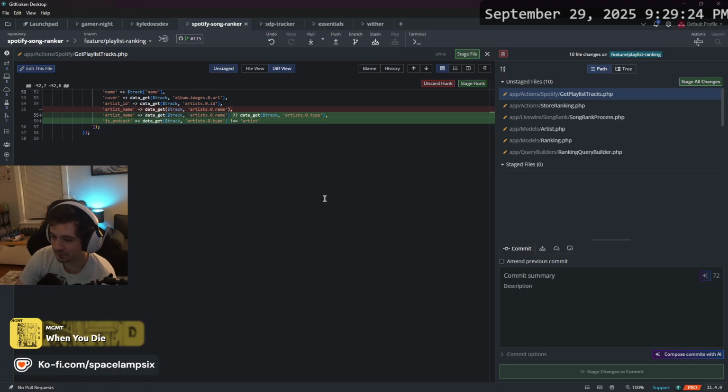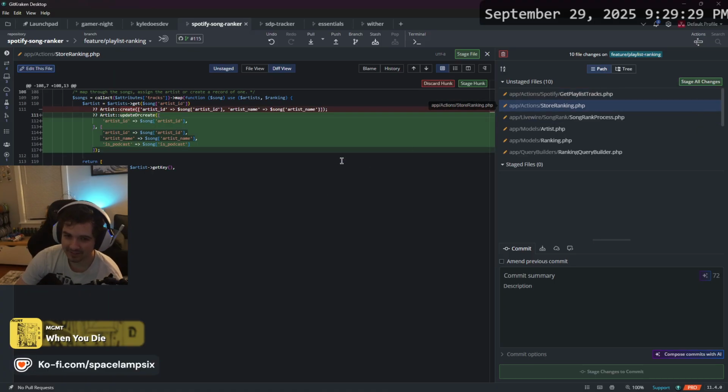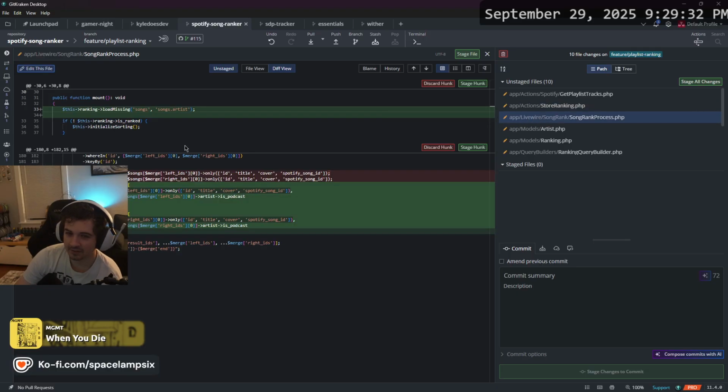It's not meant to do that. I'm not going to try to fucking code that in. That's too much effort.